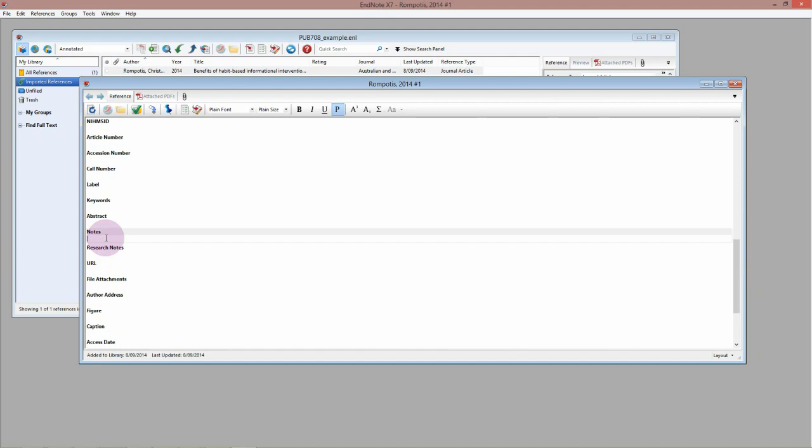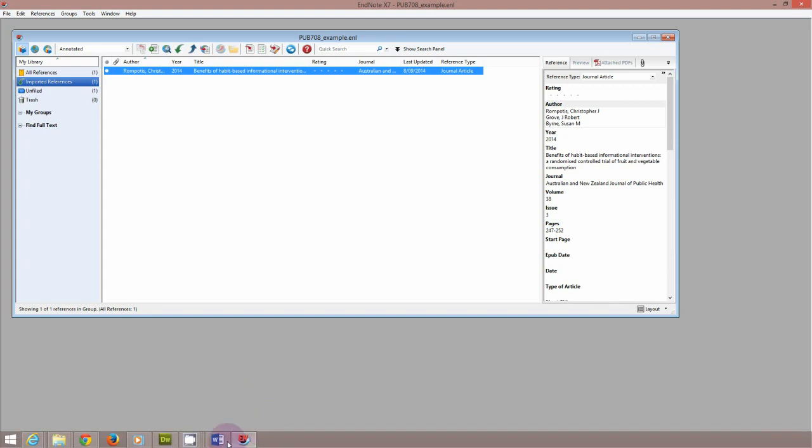Now, all of your information in the EndNote library is searchable, so if you type in a note here, you'll be able to search for it. So I'm going to type in quiz 1 because I know that I want it for quiz 1, and you might type in a different reference for your notes based on what you think it will be useful for. Quite often I cut and paste bits and pieces of the article as I read them into the notes section so that I can search them later. So I'll save that,